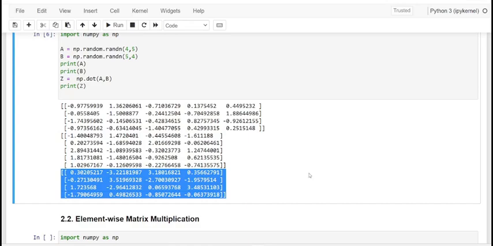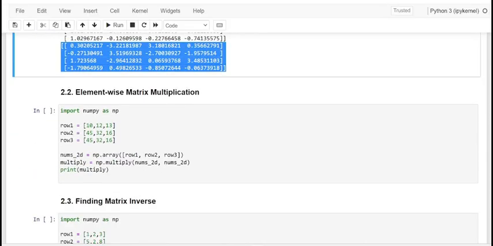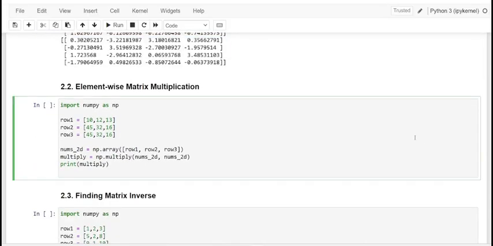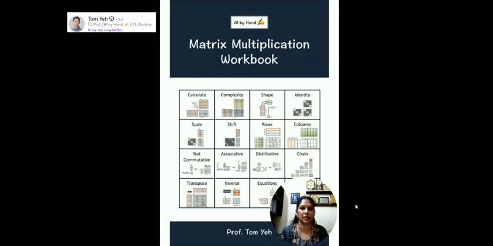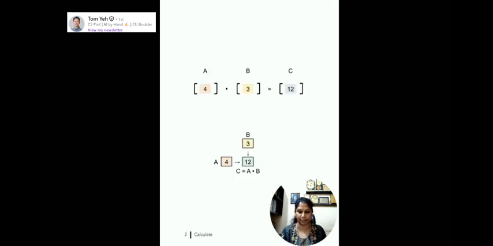And dear friends, in addition to finding the dot product of two matrices, you can also use element-wise multiplication of two matrices. Okay, dear friends, before applying this matrix multiplication using Python, let me just explore a step-by-step example that shows how multiplying matrices works, from simple scalar cases to more complex row-by-column rules. So let me see the first example. Kindly just observe, dear friends.